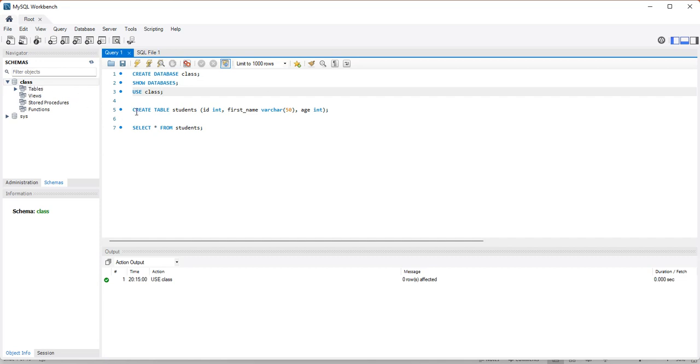We ran the command for creating a table, and the most important part here was that you run the command create table for creating a table, and then you give the table a name, a unique name. Every table must have a unique name. Then thereafter you key in the column. Things to note: anytime you are creating a table, you must identify the data type for